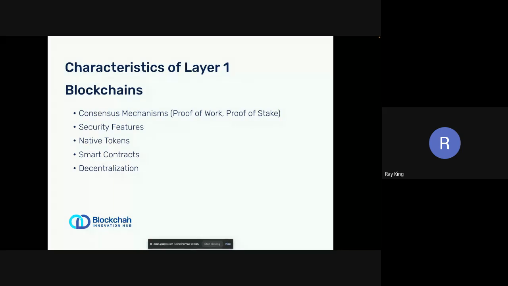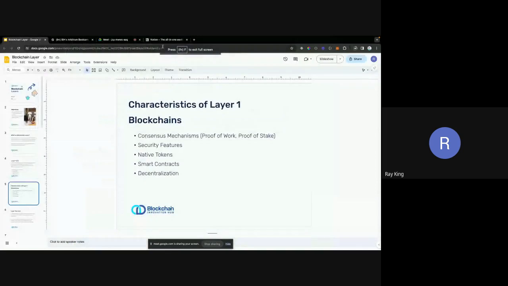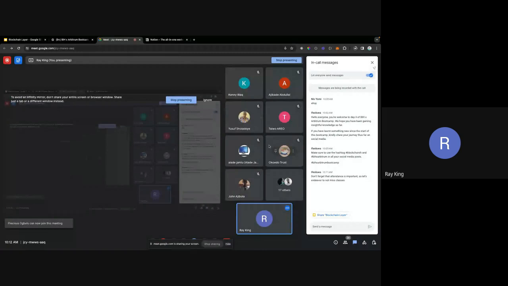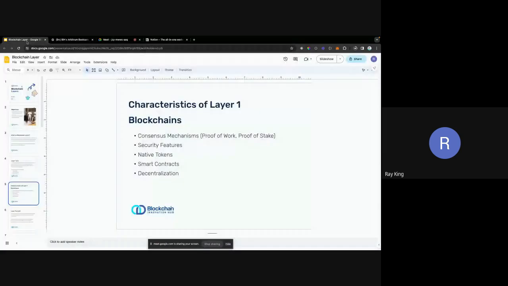So please, is there any question about layer one blockchain and the blockchain layer definition so far? I don't know if at this point we understand what the blockchain layer definition means. Do you understand? Those of us physically present, do you understand the blockchain layer? Okay, good. Please, those of us online, are there any questions on the blockchain layer and layer one blockchains? All right. So moving on,